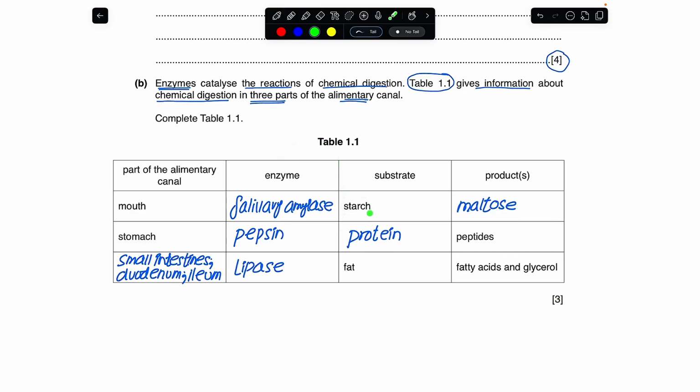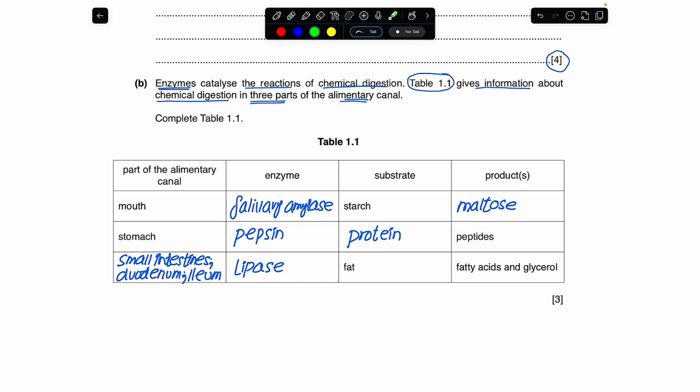So we know the starch is broken down by the salivary amylase. Here, the word salivary has to be written clearly because they are talking with context to the mouth. Now, it would be acting upon the starch, and we would have the maltose being produced out of it. Then they gave us a part of the alimentary canal, the stomach, and they say that we make the peptides